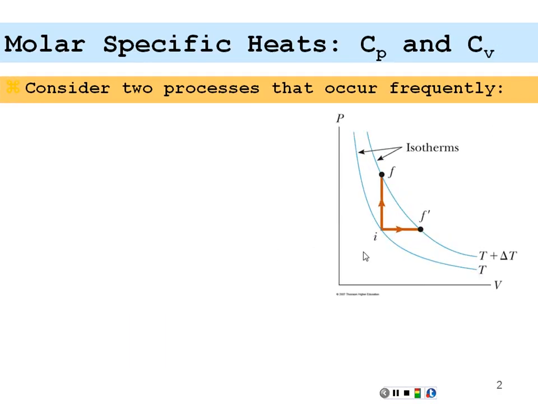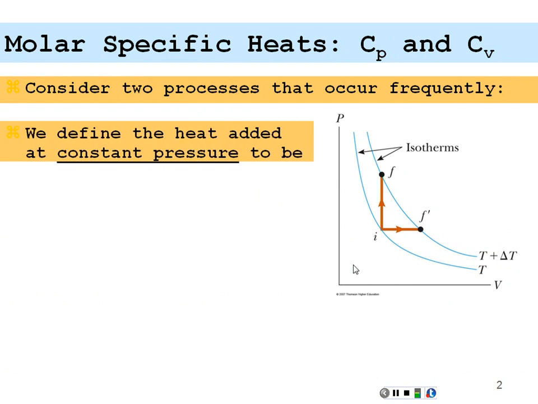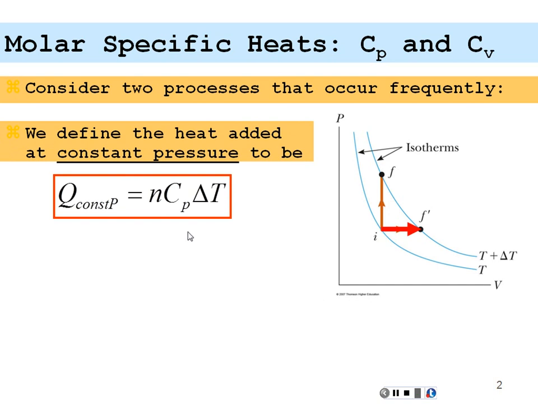Consider two processes that occur quite frequently. We define the heat added at constant pressure to be equal to the number of moles, n, times the molar specific heat at constant pressure times the change in temperature. This is just a definition, knowing that we're going to have a definite change in temperature and a definite amount of moles, so we can now define the heat associated with that